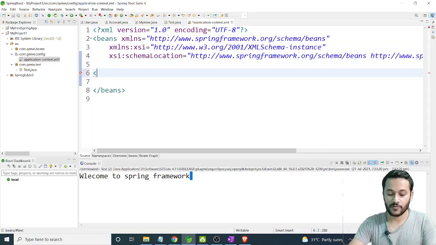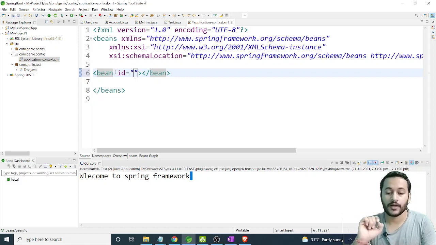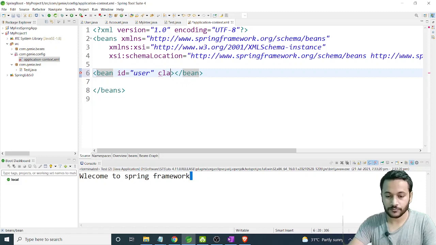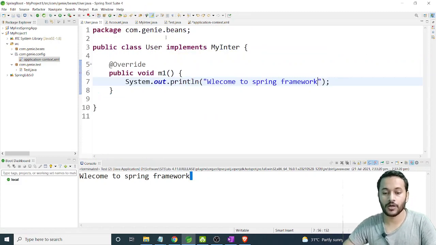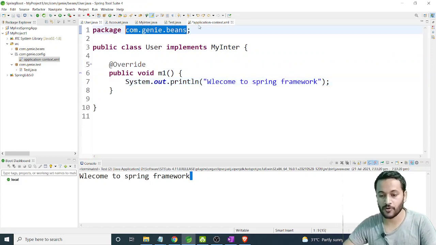Now I need to give the information, and how can I give my information about the beans? Bean and id. As you know from HTML, this is a unique identifier to identify your bean. Spring Framework internally uses this id value to identify your beans, and whenever you say getBean by this id, we will see what getBean is in an upcoming minute. So you will say here user, and here you will say class,